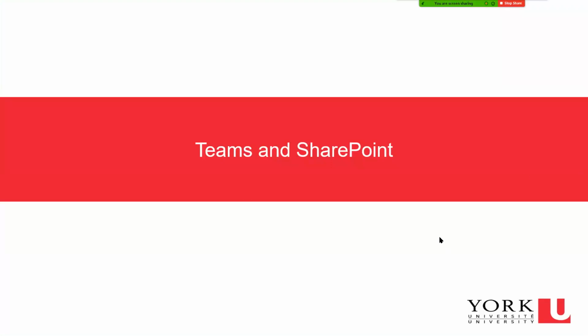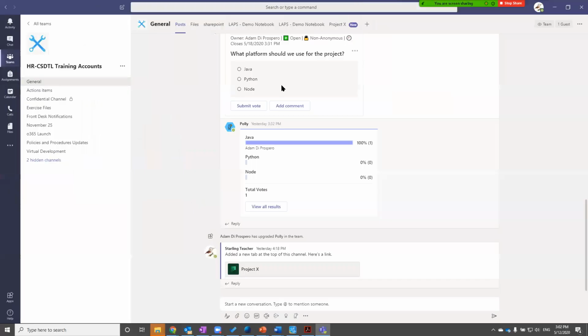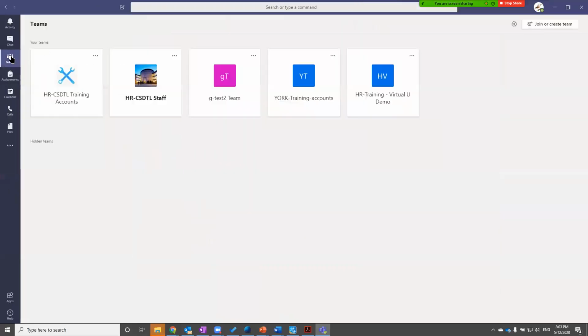So I'll flip back here to our Teams and SharePoint slide, and I will open up the Teams site. Okay, so we're in our Teams app right now, and you may not know this, but all of your Teams sites, so each of these sites, is built on top of a SharePoint site. So if I were to click on any one of these, my